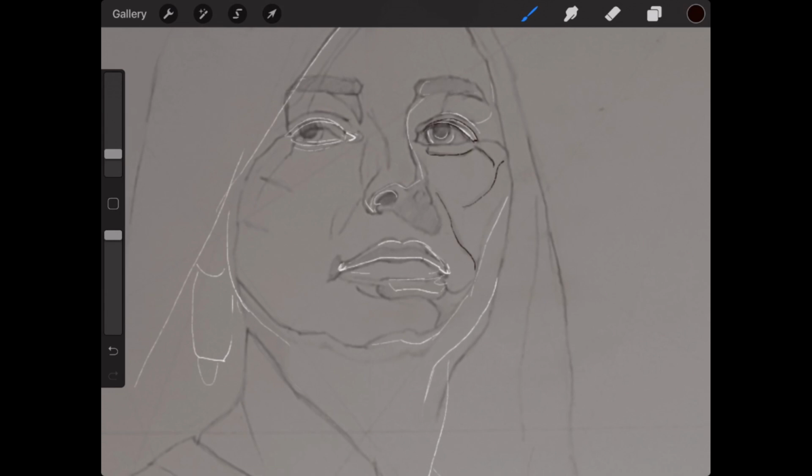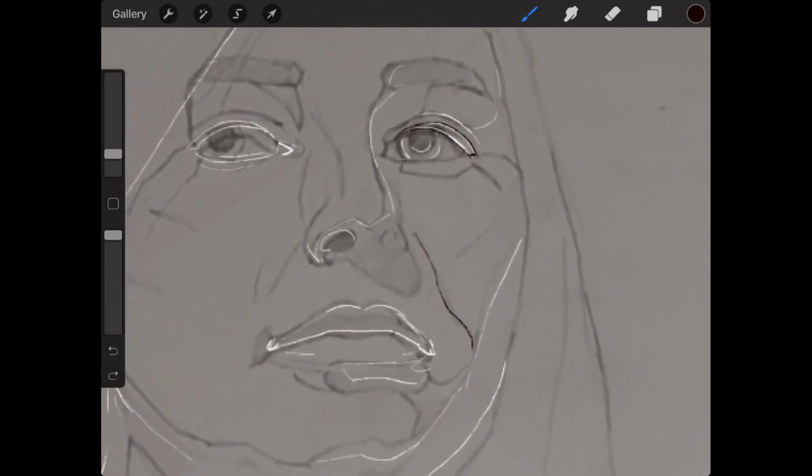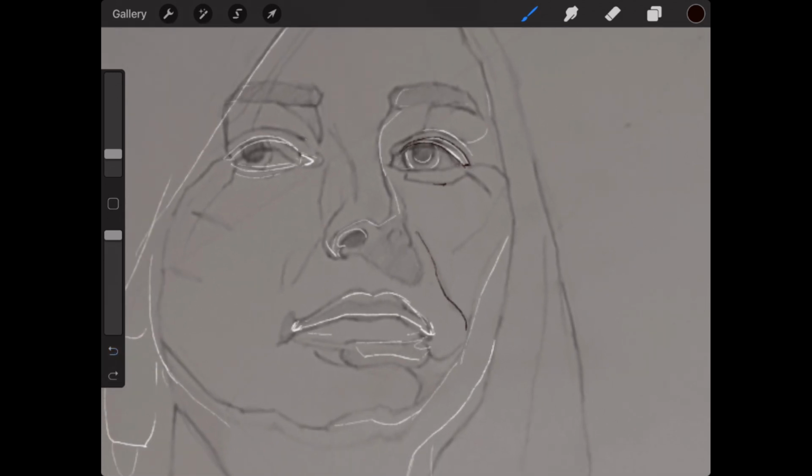Even the line under here, you almost don't need to because you're going to be doing that tonally. You could indicate a little bit of where you see the cast shadow from her eyelash, for example. So when you see the lines around the eye, it's not about actually moving the position of your eye. It's more just clarifying that shape and making sure you indicate this undershelf where you can't see it.